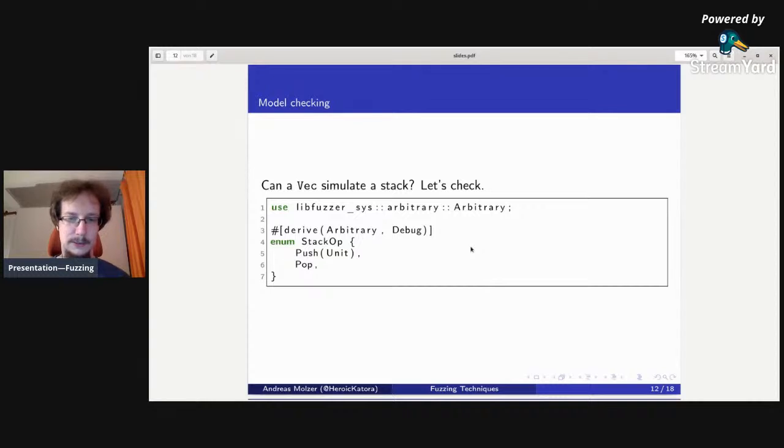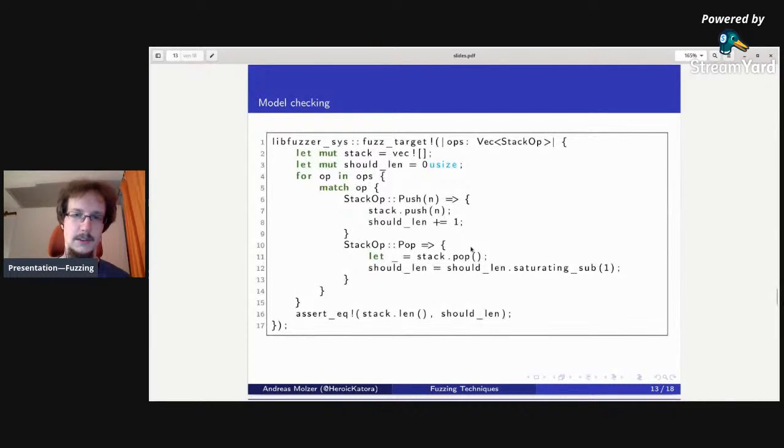So how can we use fuzzing for this task? One idea that you might have: programs are sequences of numbers, right? So what if we just interpret our input as a program, and then we run that program, and then we assert something about the property of the stack after the program has been run? That's the idea of model checking. Here in our input, we get one large program, which is a bunch of operations that we execute one after another. Then we run that program, which means we execute each instruction one at a time. And here, the property that we want to check is that the length of the stack afterwards is the length we expect,